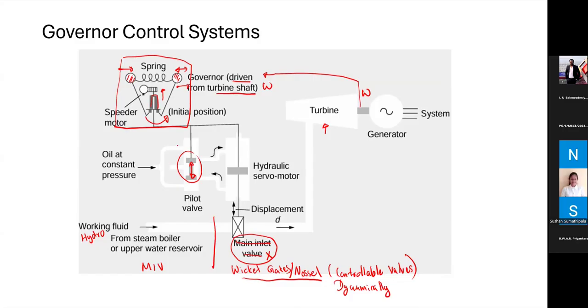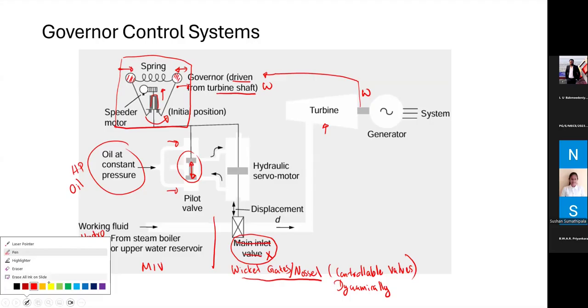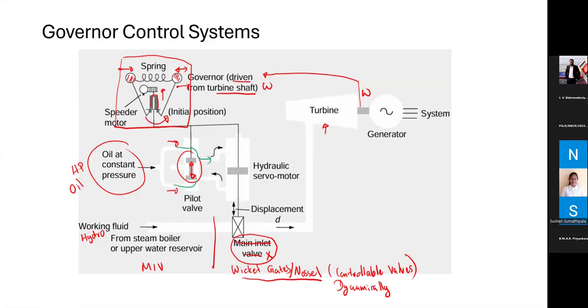And this pilot valve is a cylinder which has two intakes of high pressure oil. This is maintained with an oil reservoir and an oil pump, keeping the oil at constant pressure. So with this, you will move the plunger of this pilot valve up or down, and based on the plunger position, the oil will flow through the top path, or oil can flow through here. So in the position that we have on this figure,